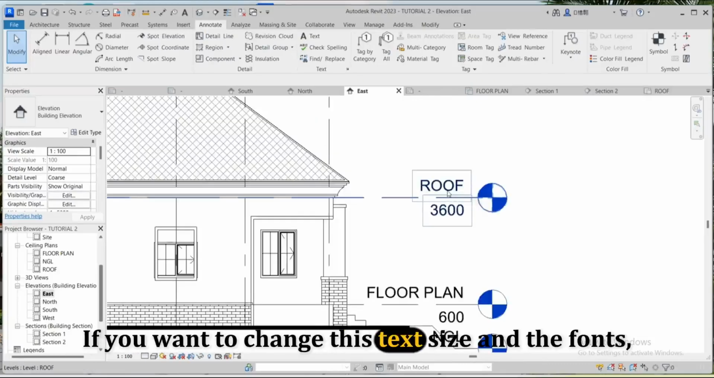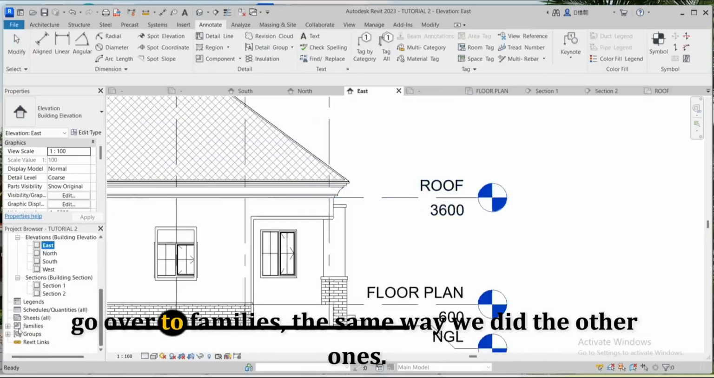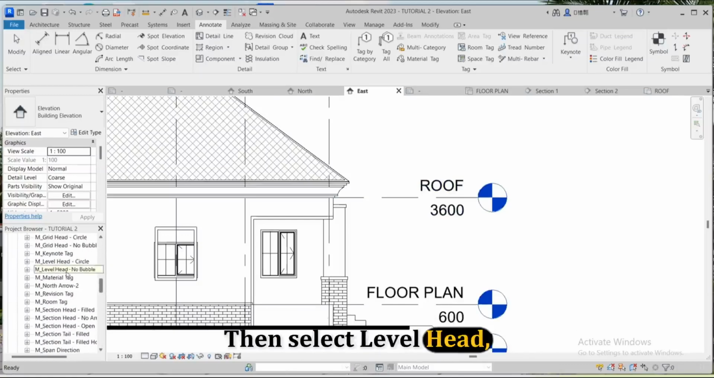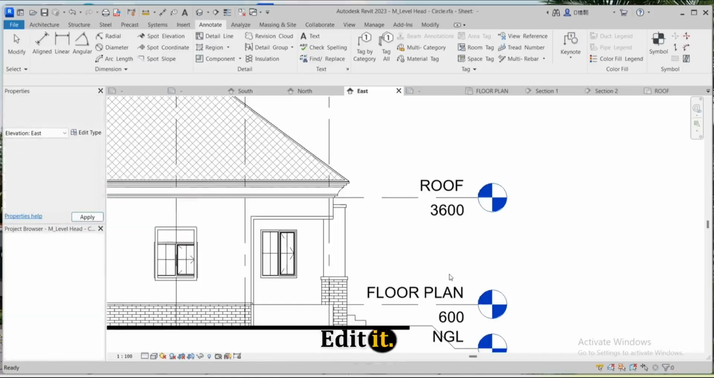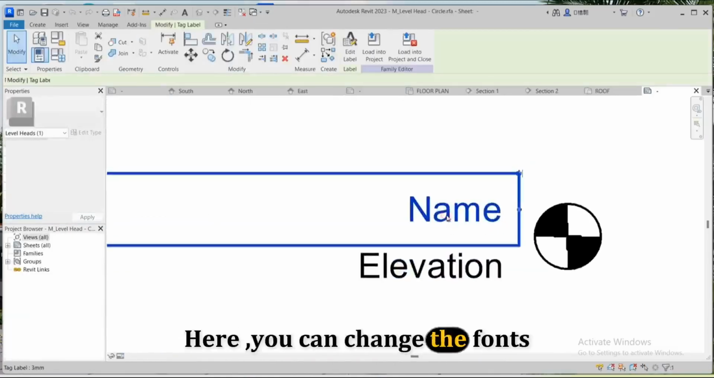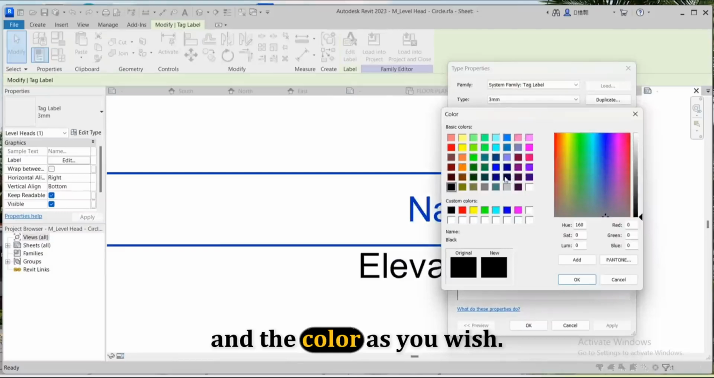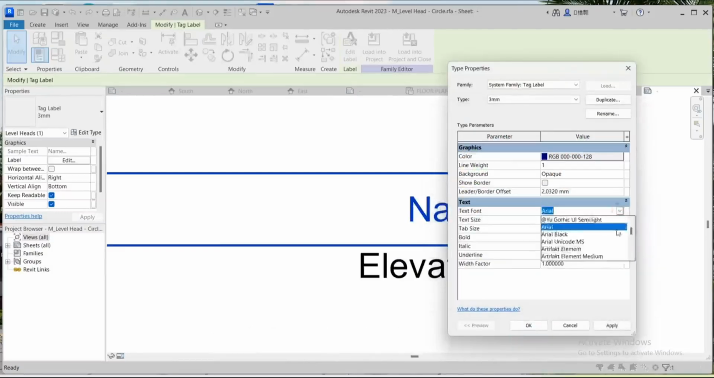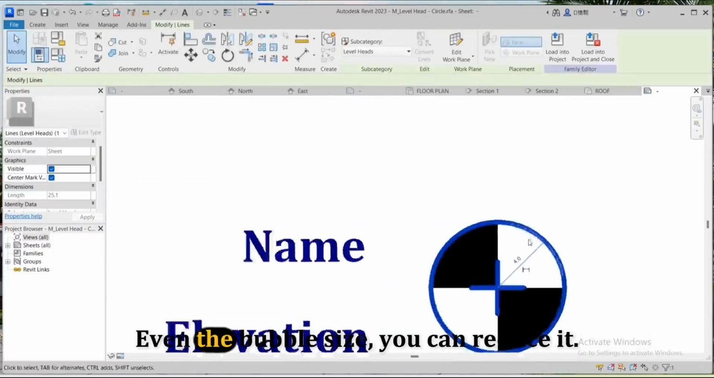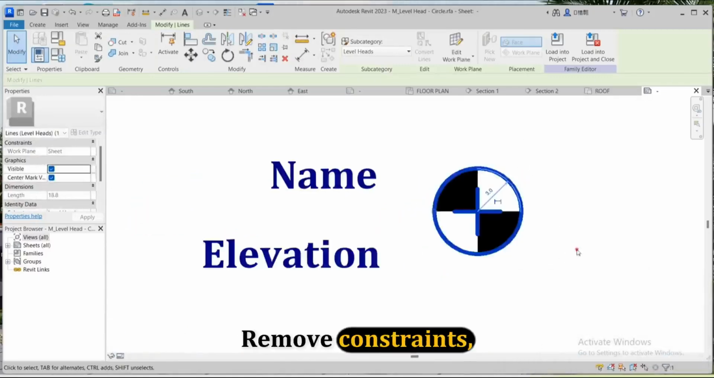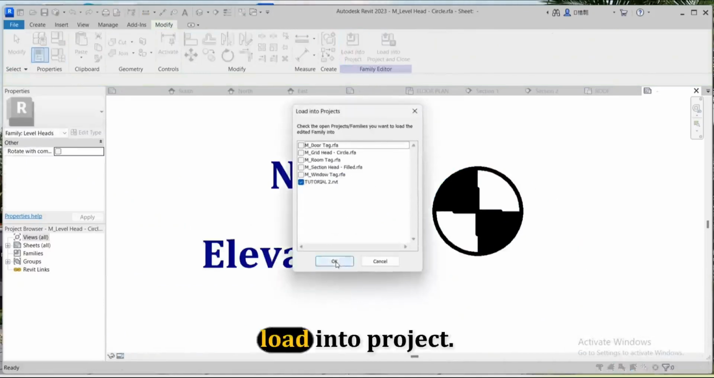If you want to change this text size and the font, go over to families, same way we did the other ones. Then select level head circle, edit it. Here you can change the font and the color as you wish. Even the bubble size, you can reduce it. Remove constraint, load into project,